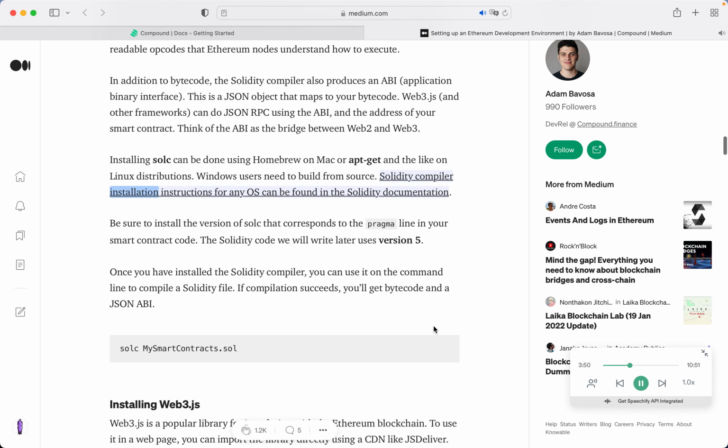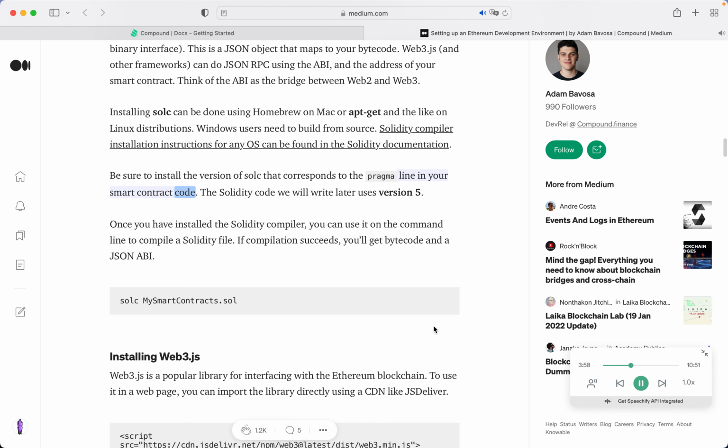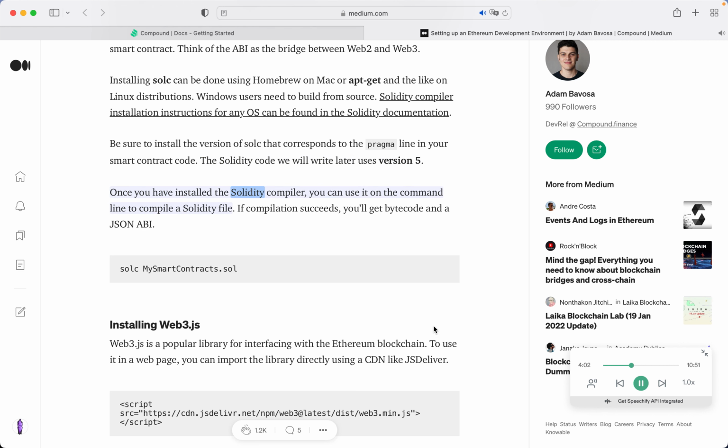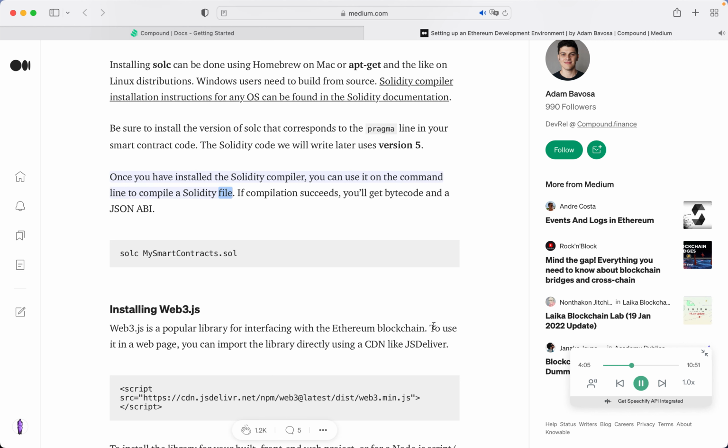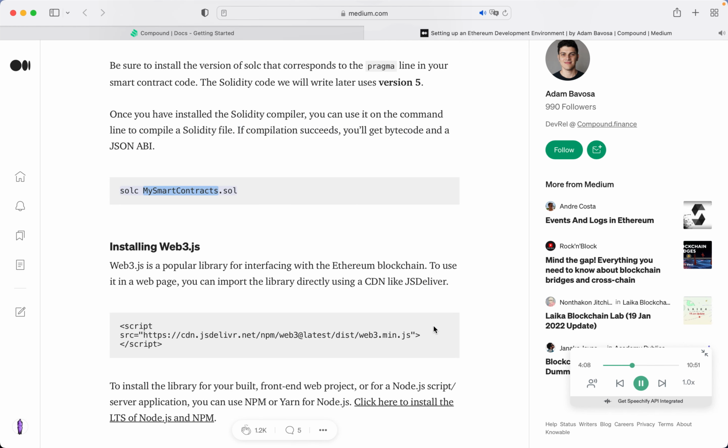Solidity compiler installation instructions for any OS can be found in the Solidity documentation. Be sure to install the version of solc that corresponds to the pragma line in your smart contract code. The Solidity code we will write later uses version 5. Once you have installed the Solidity compiler, you can use it on the command line to compile a Solidity file. If compilation succeeds, you'll get bytecode and a JSON ABI. solc --bin --abi smartcontract.sol